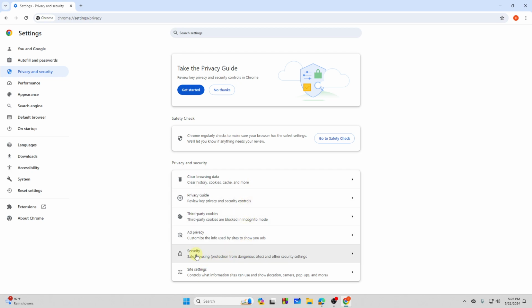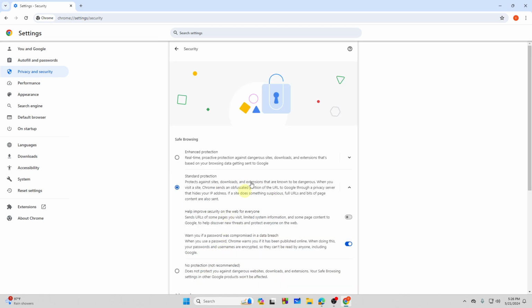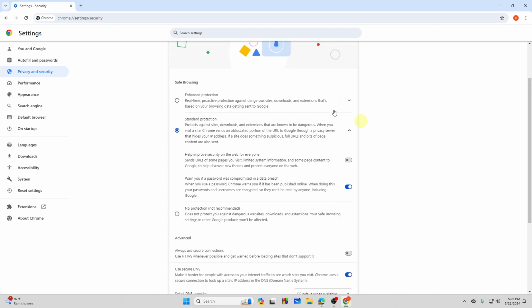you need to go to the security option, and from here you can see safe browsing. It is selected as the standard protection. So what you need to do, if you want to stop Chrome from blocking the downloads, you need to tap